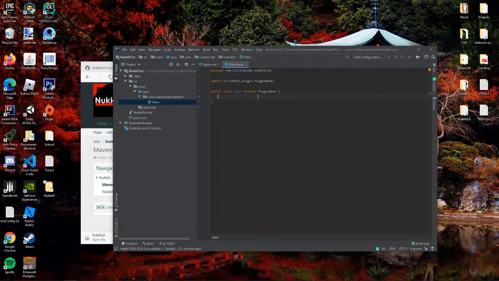What this does is it tells Nukkit, okay, this is the first thing that should happen when the server starts or when this plugin is loaded. So we're going to do a few things in here. One of which is we're going to press Alt Insert on our keyboard, which is the generate keybind, or we could do